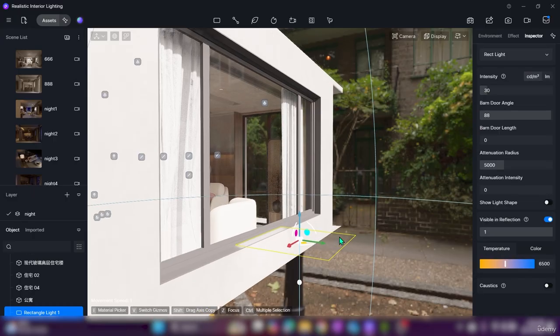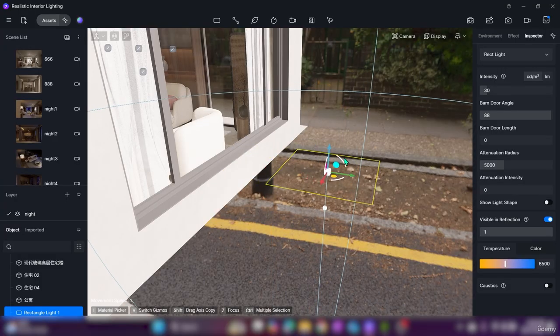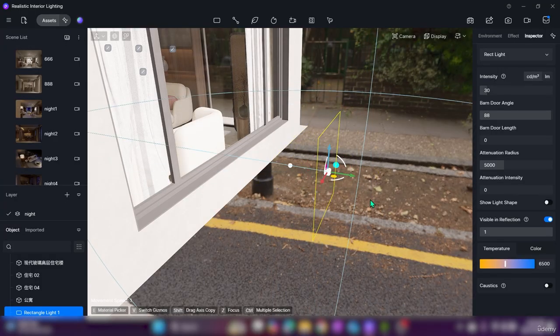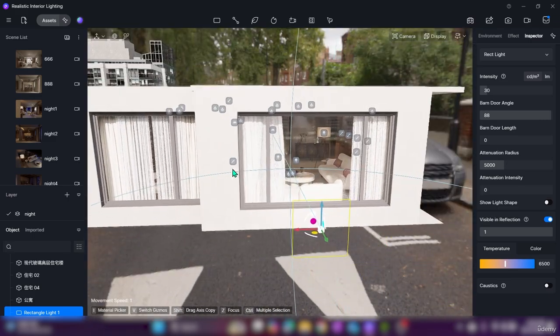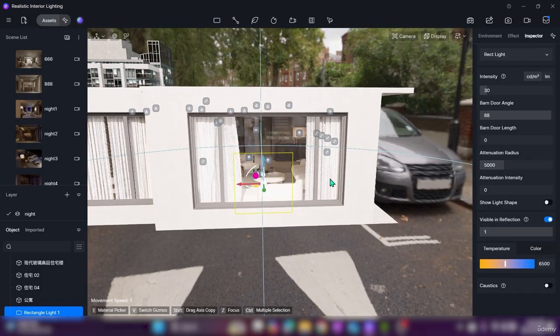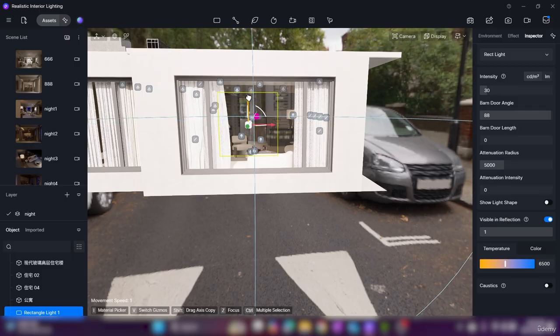Okay, now this is my rectangular light. Now what I'm going to do is I'll make it a bit backward, and now I'm turning it to like 90 degrees. Now this is my light actually. Now you can see here. Now I'll place it like here, and I'll increase the size a bit here. Okay, now it seems